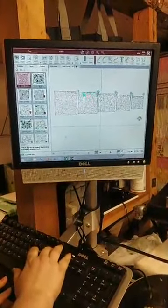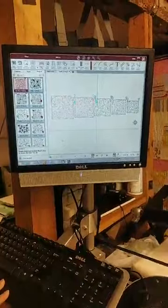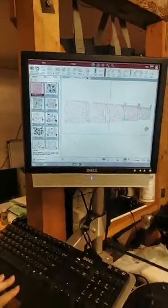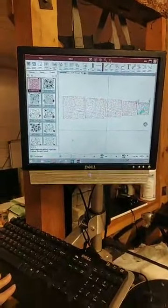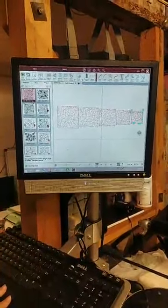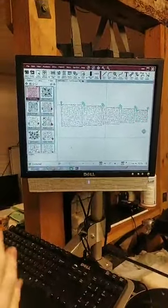Speed it up a little bit more. There we go. And this is just making sure that this is all sewing from left to right. Last thing I want to do is do each pattern and then each square outline, because then I don't know